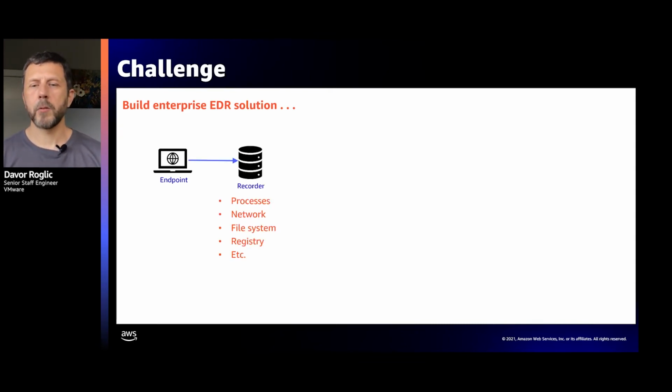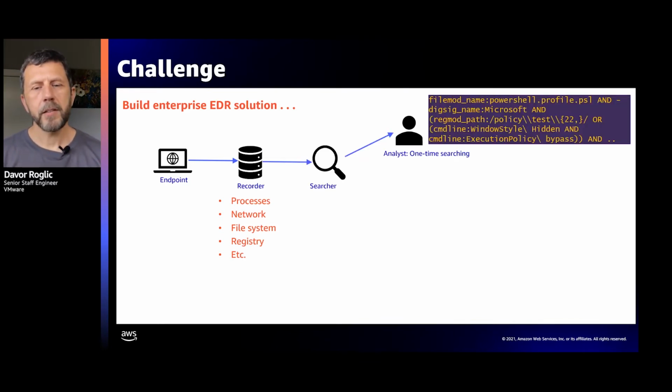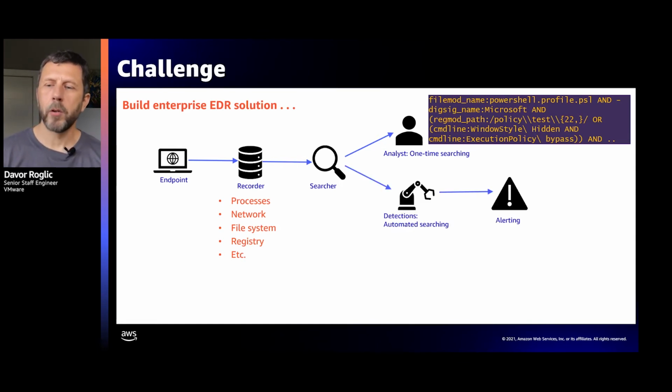This allows analysts to search through the data with a free-form text search. This search has to be fast. As you can imagine, given the amount of data involved, analysts will have to do many of these ad hoc searches in rapid sequence before zeroing in on a threat. Once they find the malicious needle in a haystack, the solution also needs to provide them with a way to automate this search, right? And once it's automated, also to alert the customer that something is going on. And finally, we have to do it at petabyte scale, with millions of endpoints, and in the cloud.